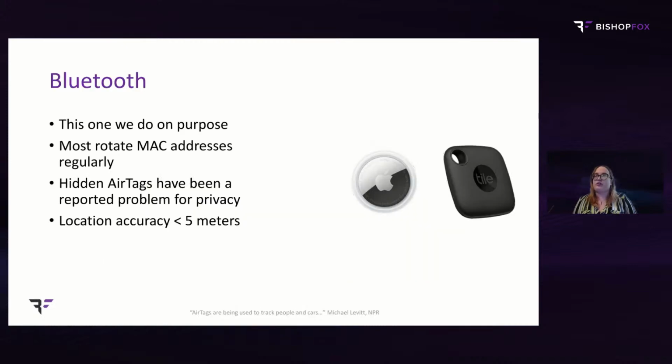Bluetooth is also on the 2.4 gigahertz spectrum, and it is used for tracking pretty much on purpose. Maybe not so for your headphones or your AirPods, but definitely for tiles and AirTags. These are specifically meant to be tracked so we can find an item. Their range accuracy is about 5 meters, so pretty short. You do need to be within range of the Bluetooth device, particularly these because they're Bluetooth low energy and don't have a powered way to increase signal strength. So yes, Bluetooth can track you and pretty much on purpose.